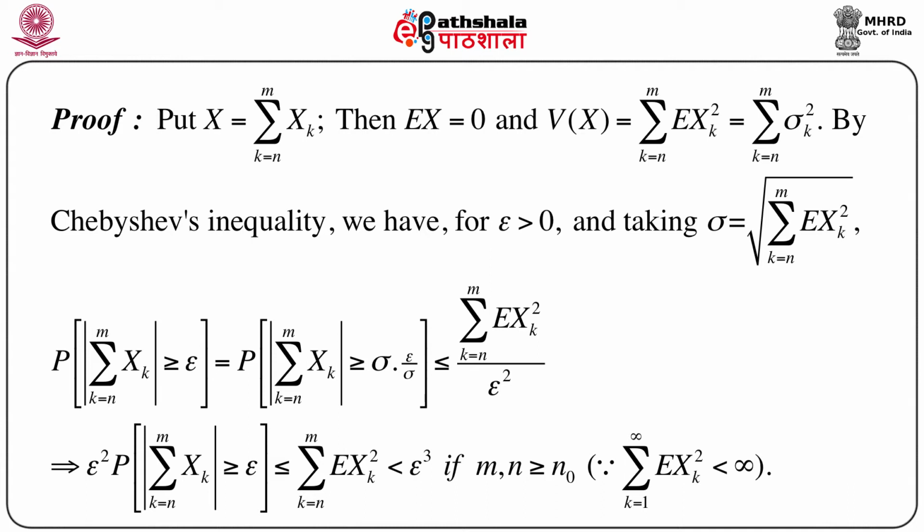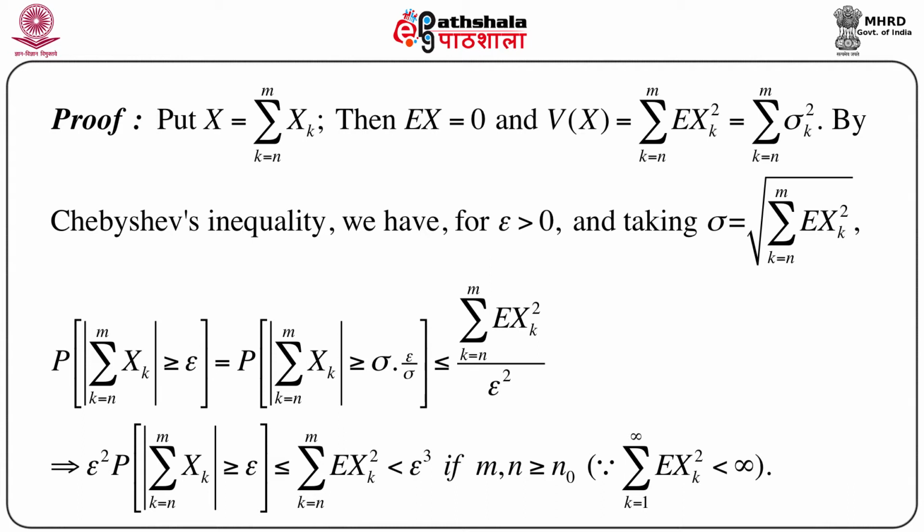Now, we apply Chebyshev's inequality here. So, consider one epsilon which is greater than 0 and take sigma as square root of summation k equals m to n of expectation of X_k square. So, the direct application of Chebyshev's inequality gives us probability modulus of summation X_k greater than epsilon,